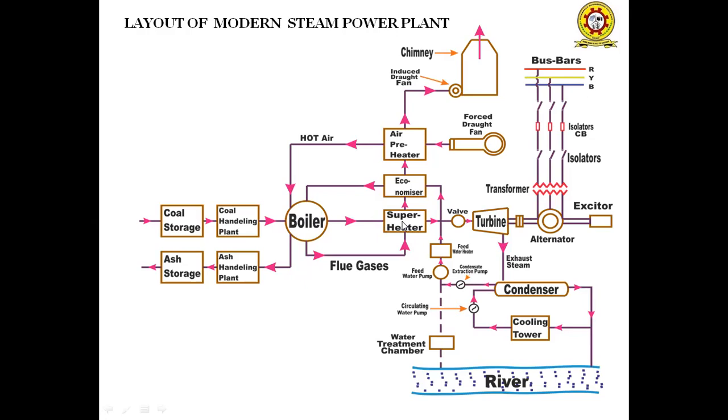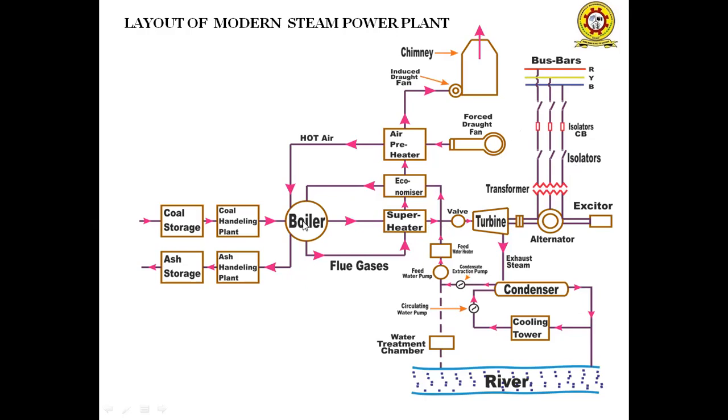superheater. In the superheater, the steam gets increased in temperature, superheating meaning increasing the temperature. So steam is converted into superheated steam. This superheated steam enters into the turbine by using a valve. In the turbine, the rotation occurs. This rotation produces the mechanical energy. The turbine is coupled with the generator and produces the electrical energy. This electrical energy is sent to the transformer. From the transformer, it's sent into the isolator or bus bars. So this is the process of the steam power plant.